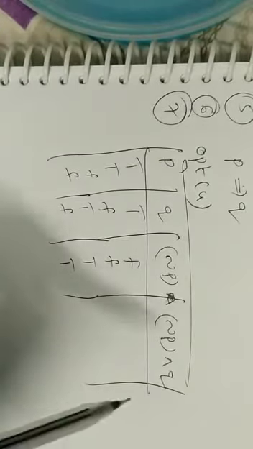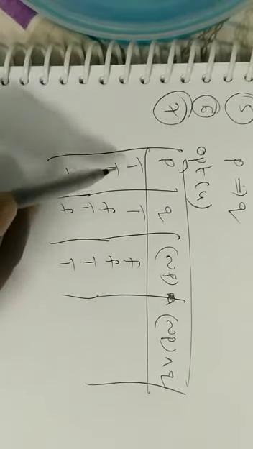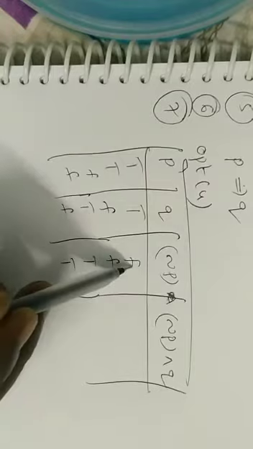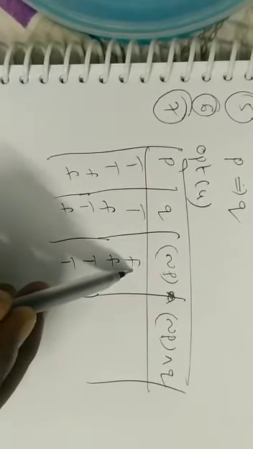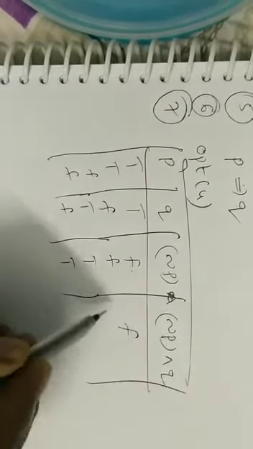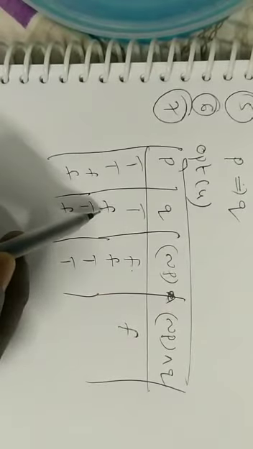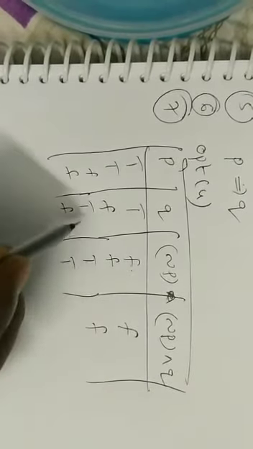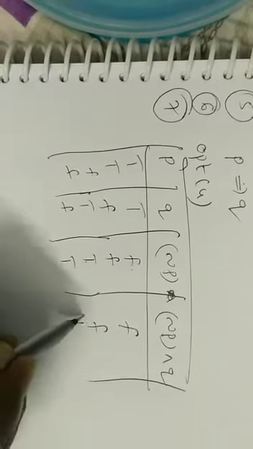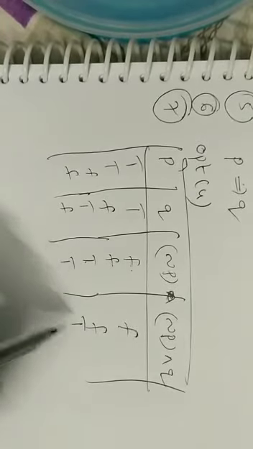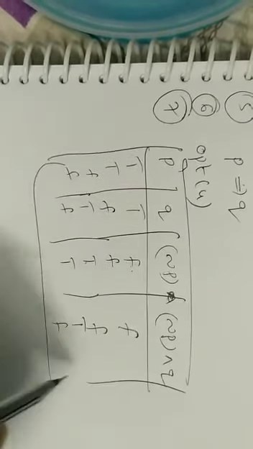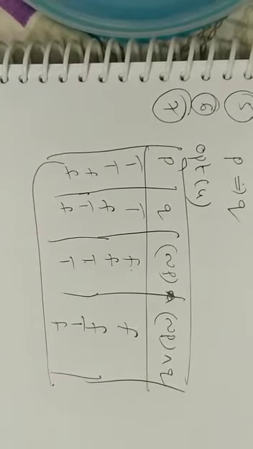So whenever P and negation P are there, negation P and Q here is a false statement. Negation P and here also false. Next, T and T means it is true. Next, the last one here is also a false statement. So clear? False, true, false. So the first option is the correct answer.